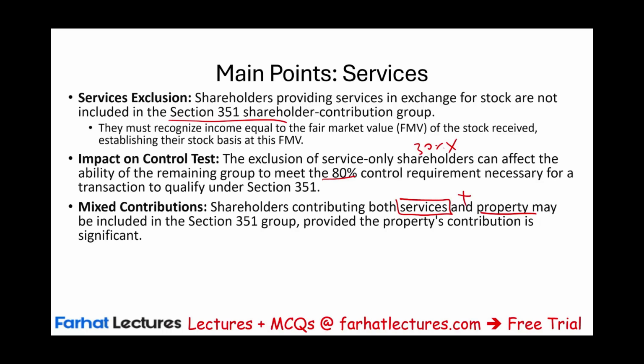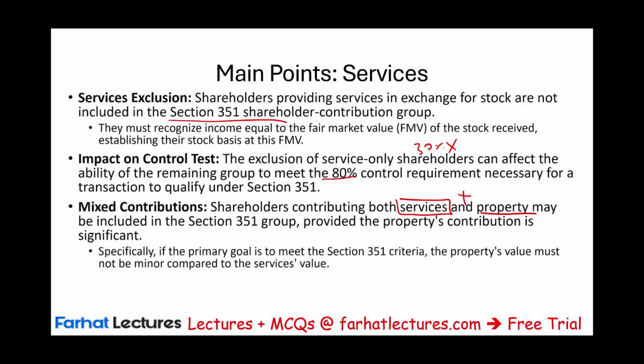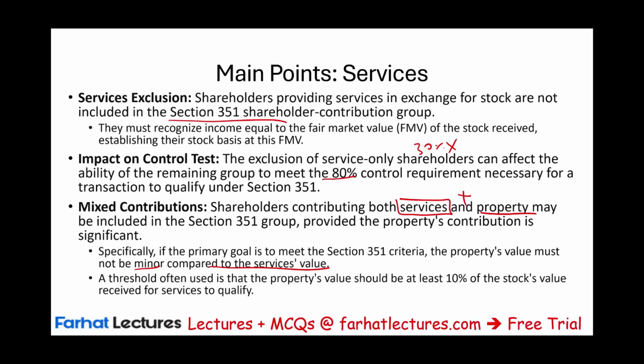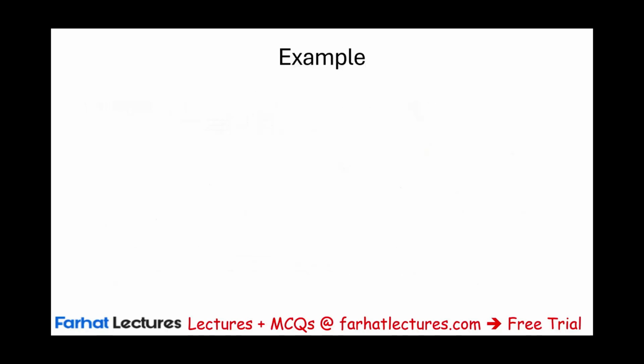Well, there's a threshold. If the primary goal is to meet Section 351, the property must not be minor compared to the services value. What is minor? Well, a threshold is used, and that property value should be at least 10% of the stock value received for services to qualify. In other words, the property has to be at least equal to 10% of the services you're providing. Let's take a look at an example to see how it works,